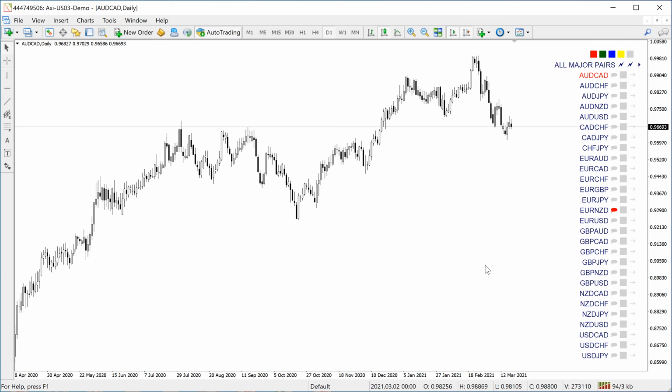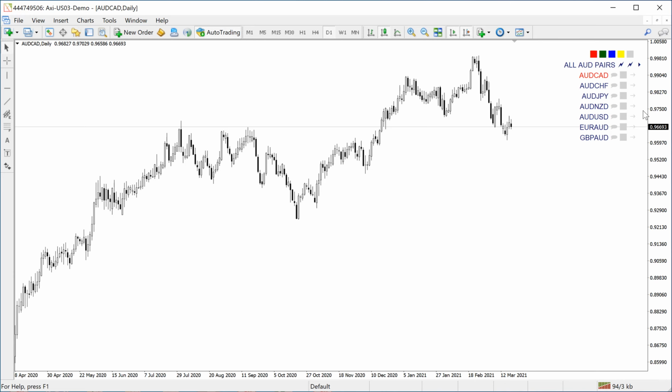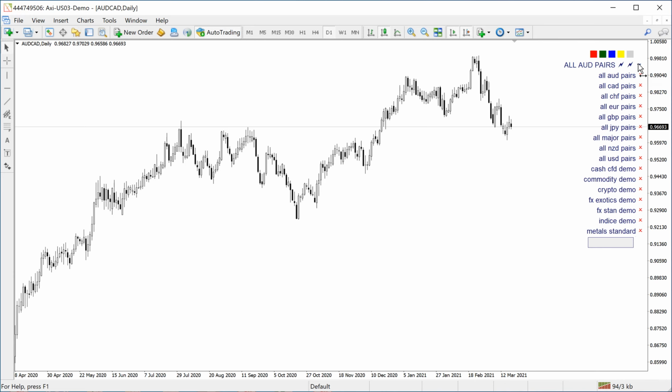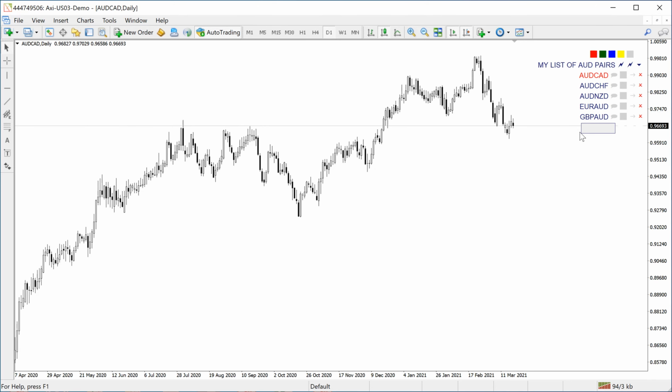So lastly, I've just made a few tidying improvements. For example, when I want to copy watch lists, so let's go to all Aussie dollar pairs, and let's say I want to copy that into my own watch list. So if I drop that list down and then say my list of 80 pairs, let's enter. Now it instantly appears here, and you can just modify that as you want,